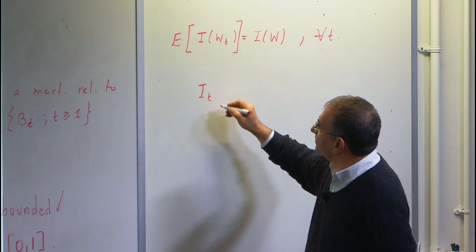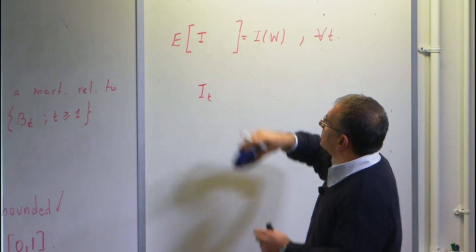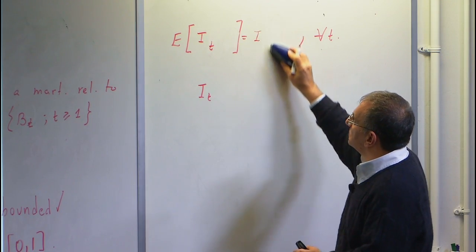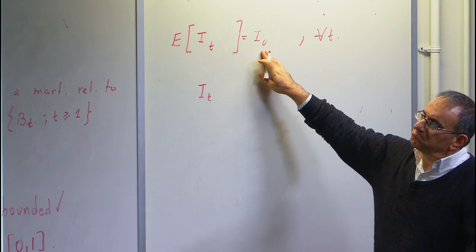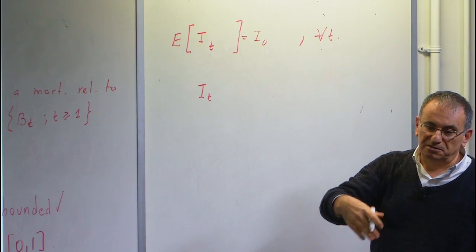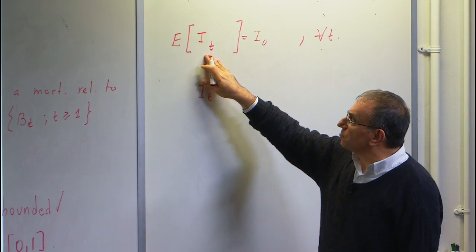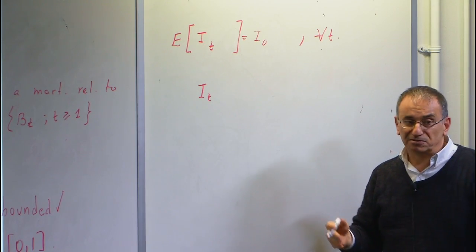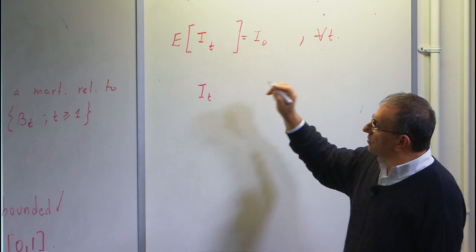Now, I also know the following. I'm using two different notations now, so let me simplify the notation. This is my initial fortune measured in bits, channel capacities, and this is my fortune at time t, also measured in bits, channel capacity. So it is conserved. What else do I know?